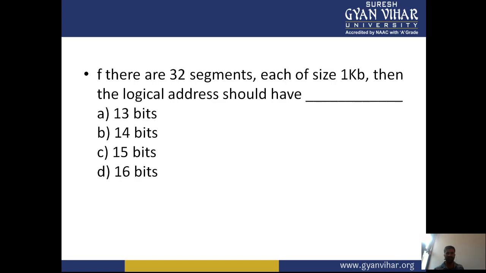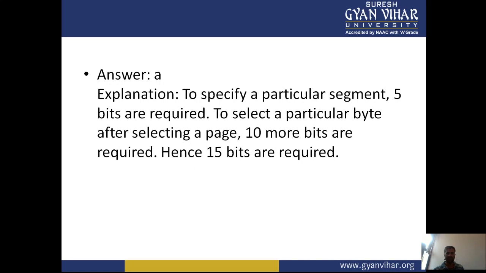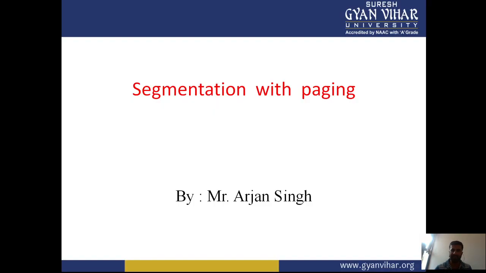So if there are 32 segments, each of size 1 KB, then the logical address should be what? It should be 15 bits. 10 bits are for the offset, and to specify the particular segment, 5 bits are required. To select a particular byte after selecting the segment, 10 more bits are required, hence 15 bits are required. Right? So these are certain points that are very